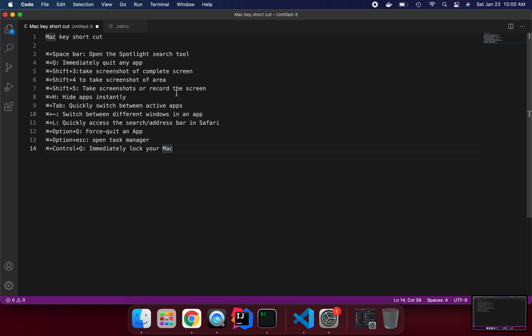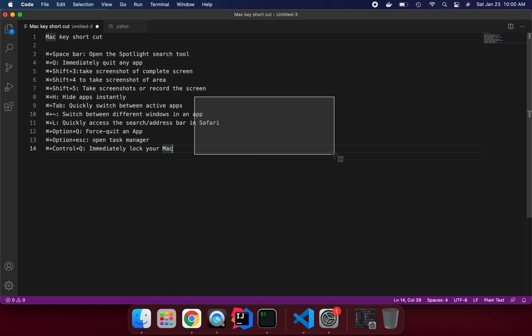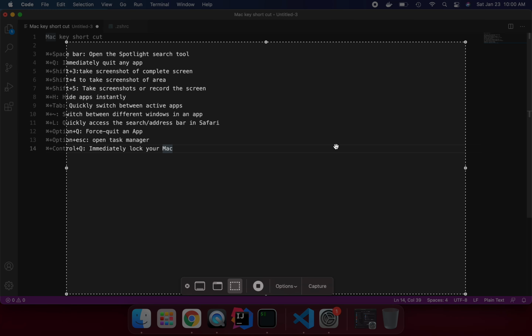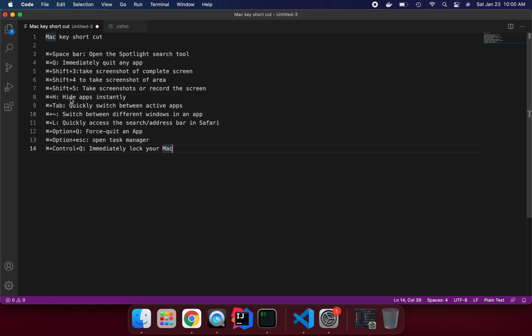Similarly, if you want to capture a particular area in the screenshot, press command shift 4. Now you can capture a particular area. And if you want to record something or take a screenshot, press command shift 5.